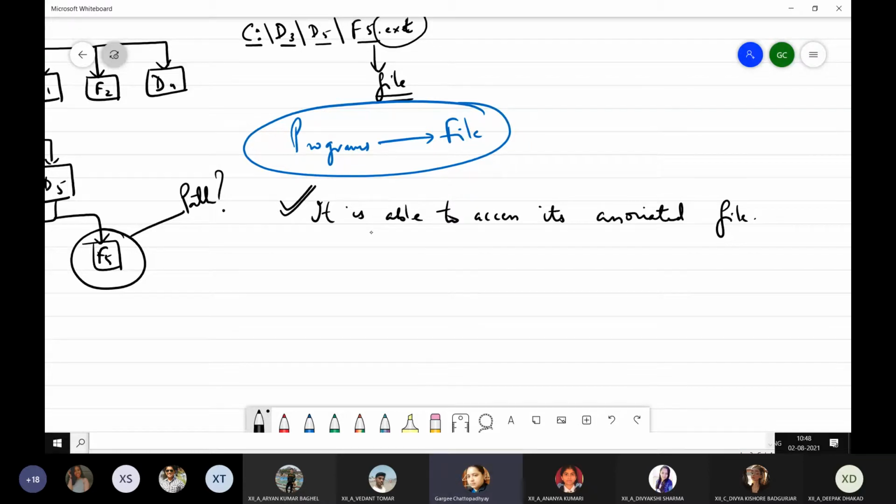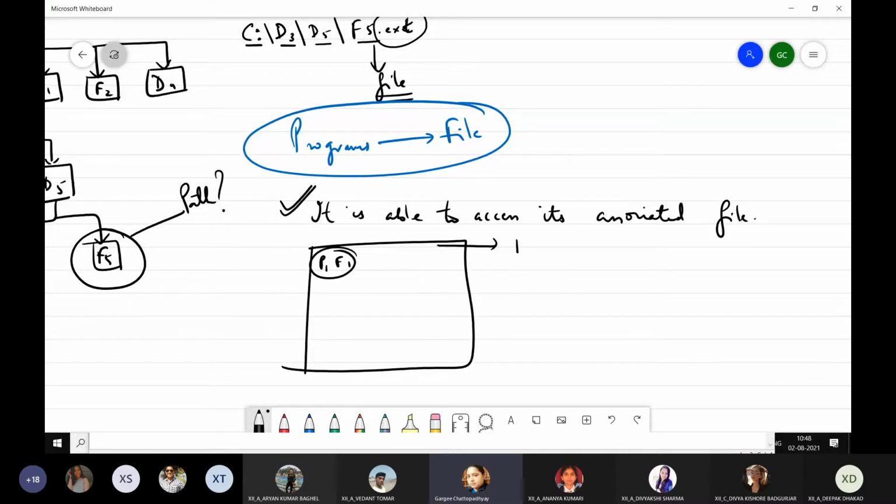So for the time being, for beginners, we will start by placing the program and file together within the same folder. But later on what we will do is we will create a folder named file handling. Within this we will have two folders. One is programs and one is files.